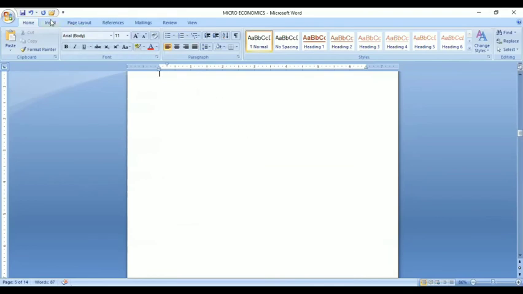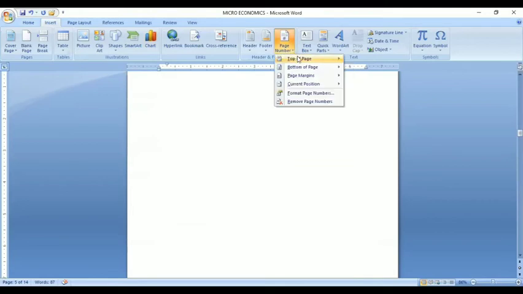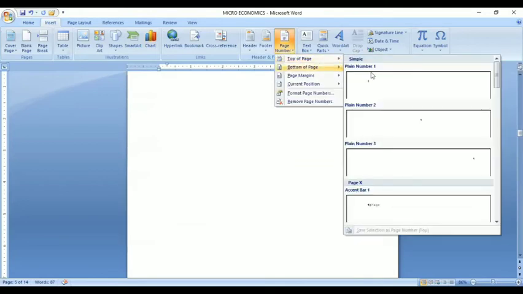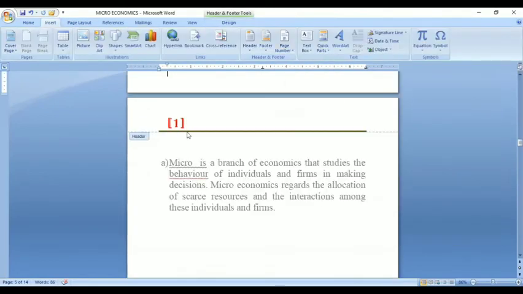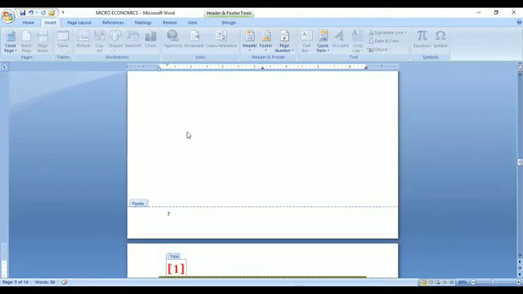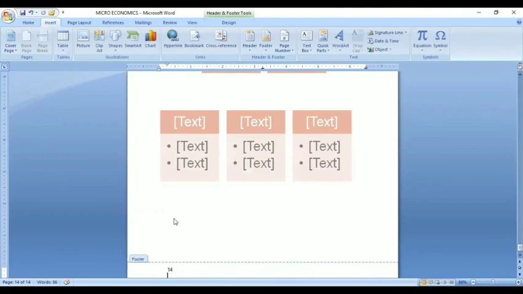And then you have page number. Page number also you can give, number 1 at the top of the page. If you want the page number at the top of the page, then 1 will be there at the top. Below the page also it has changed. Okay, like that it will change. This is the feature of page numbers.